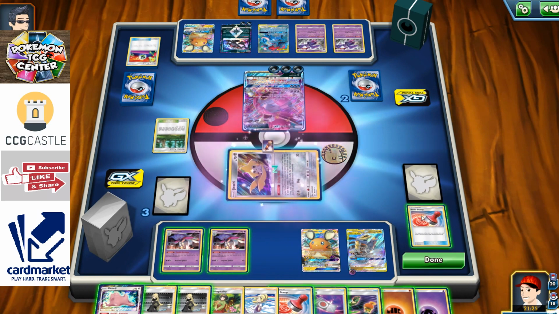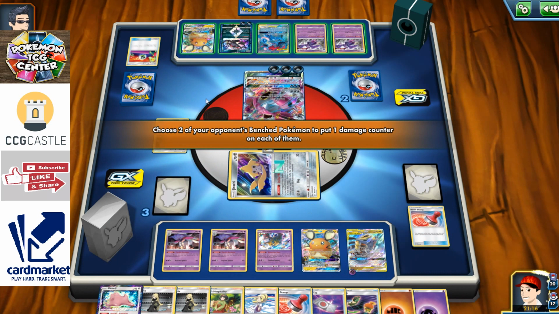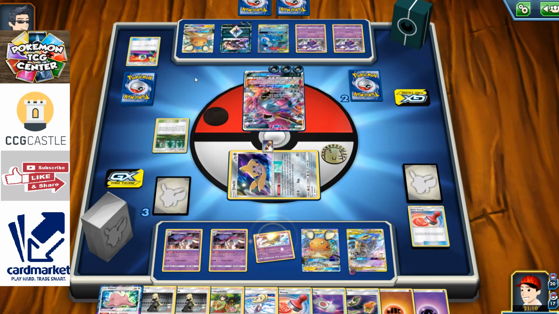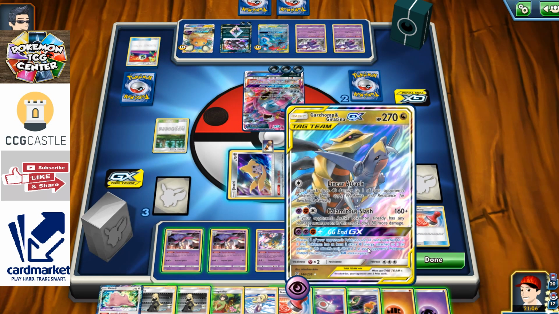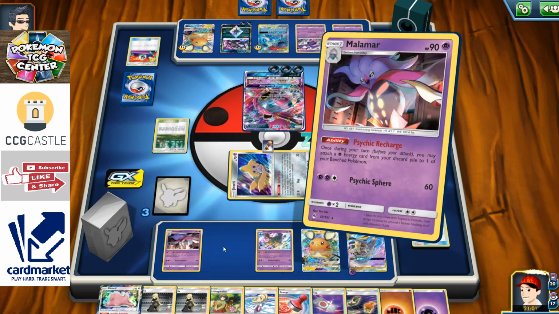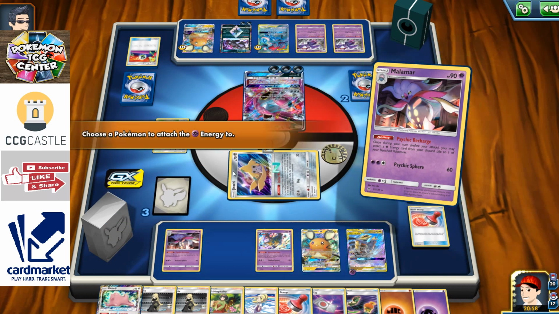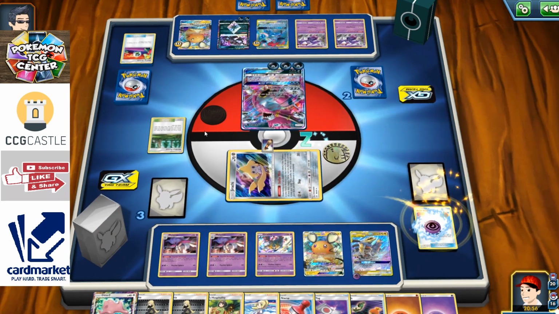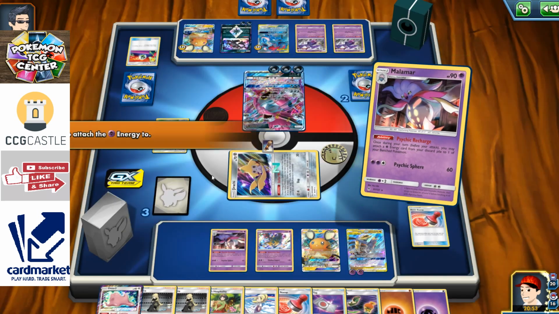There we go. So right now I can actually use this Giratina, put it in the front, put some damage on these 2 bad boys. Meanwhile, I guess I can discard this Hoopa from play, which is probably gonna be the play. Actually, when I think twice, this is probably gonna be the best play for me right now. Actually, it is a good play. Seriously, like...